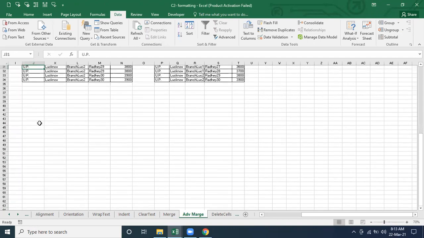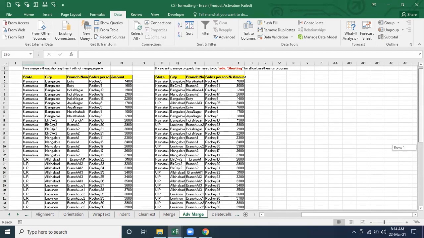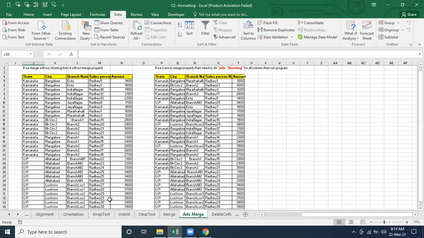So we have to check one more condition, whether it should not be null. Otherwise, once it comes to the end, this cell and this cell are both equal value-wise, so it's going to merge. Again it checks this cell and this cell, both are null, so it keeps merging till the end. So we check one more time that it should not be null. Hope you understand. That's the reason I made it a small condition there.